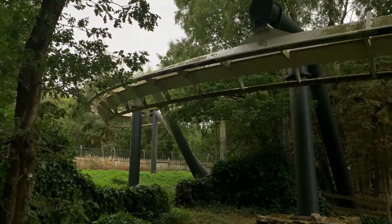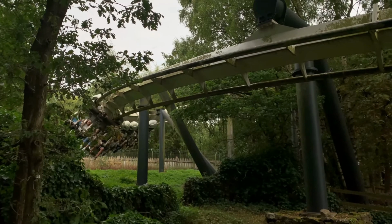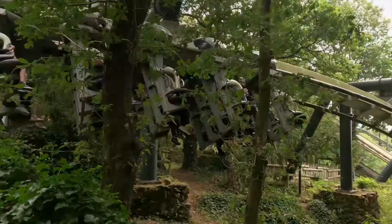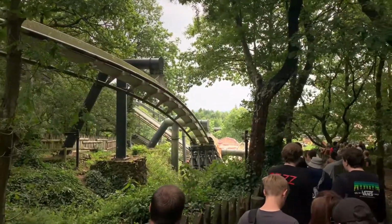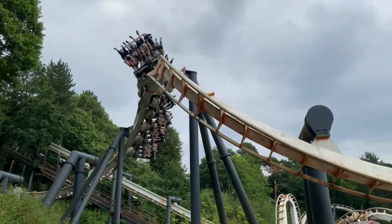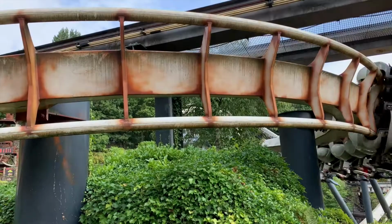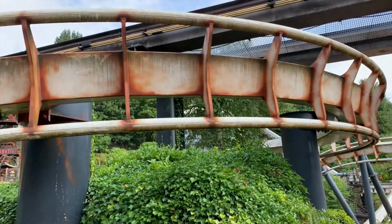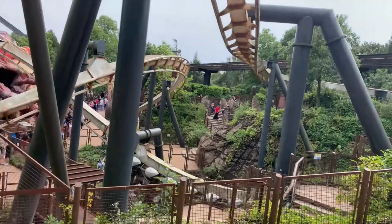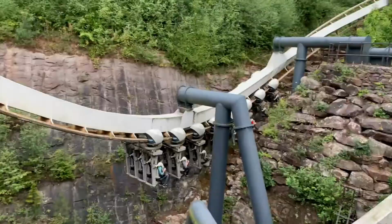Obviously, if you want to get the Coasternaut coaster, if you are just an enthusiast that loves credits, ride that whenever you want in the day. You know, maybe not first thing in the morning. It's right near the front gate, and a lot of kids tend to leave the park later on in the day. So when I got this credit, I rode it right at the end of the day. Absolutely walk on. If you are a nerdy enthusiast, wait till the end of the day to ride Coasternaut's coaster. So that's how I would personally plan out a day,